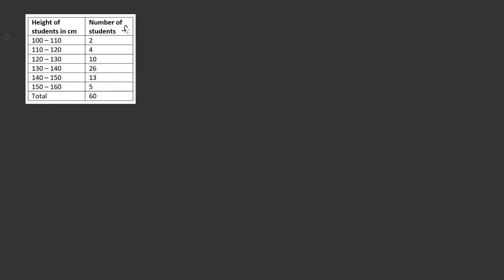Now, we need to find the class mark, which is xi. So, I need to draw columns for class mark and fi xi. We know the equation for class mark xi is upper class limit, that is 110 plus lower class limit 100 divided by 2, that is equal to